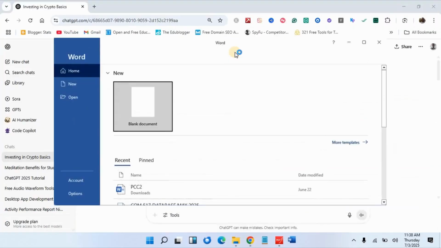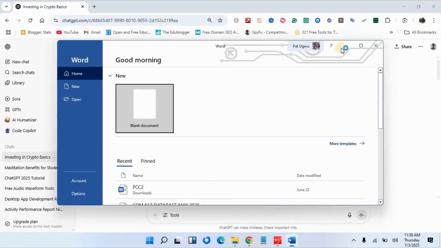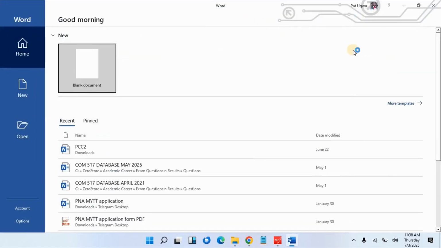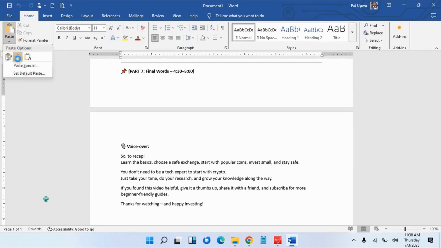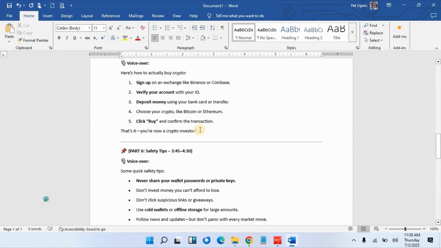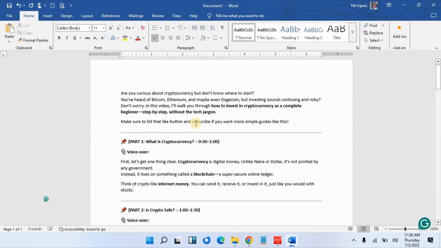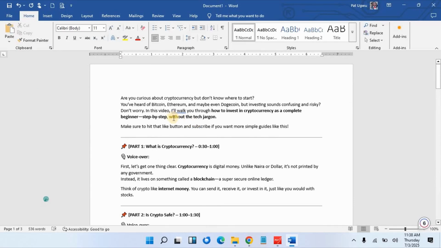So wait for Microsoft Word to load. Then we'll click on blank document. When the environment is ready, we are going to paste our script. So I will click on paste. Here is our script. The next thing I will need to do is to format this script so that it